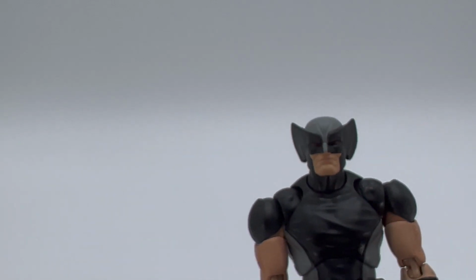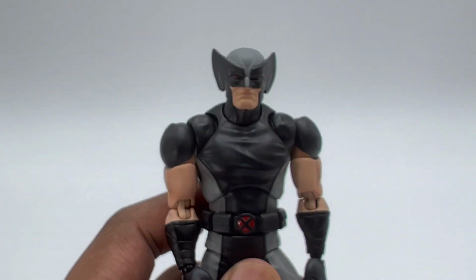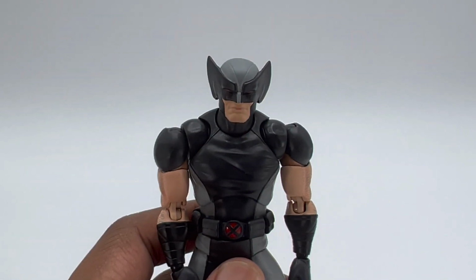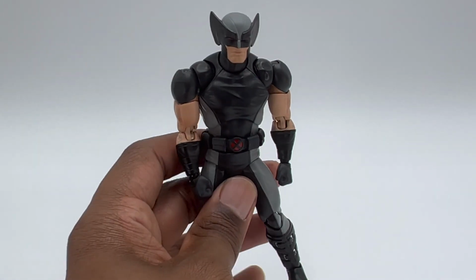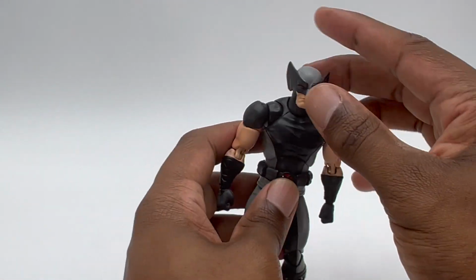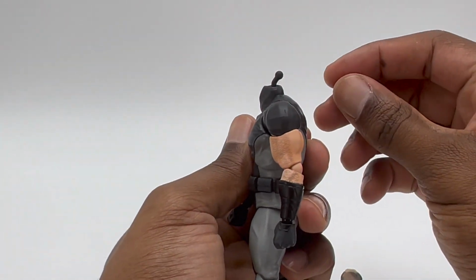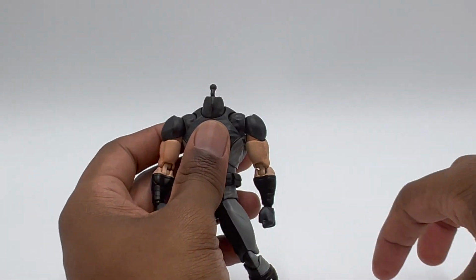That's all there is for accessories. No slashing effects, no blood. I don't know if Mafex has ever done blood, but we could have had some blood. It's a bit lacking on the accessories. It's a bit disappointing. But as far as articulation goes, he does have the typical Mafex bent joint, so he